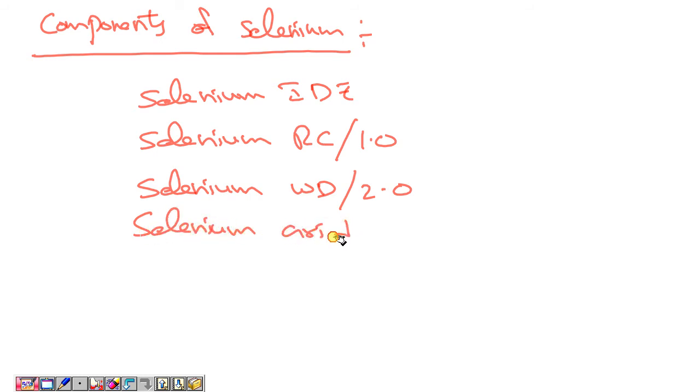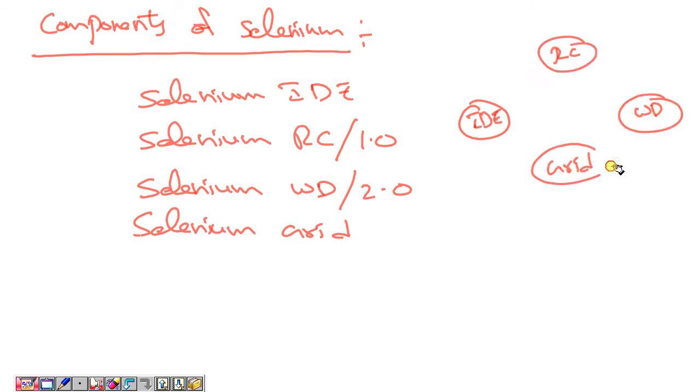So this is IDE, this is RC, WebDriver, and this is Grid. These all together we call Selenium. These are the components of Selenium. Now we will discuss the components one by one.